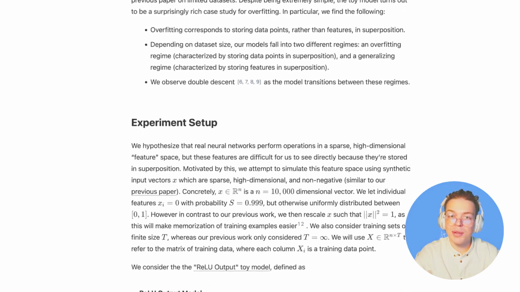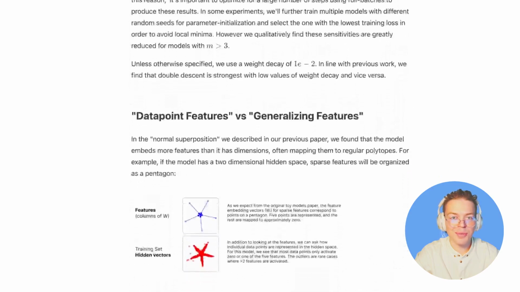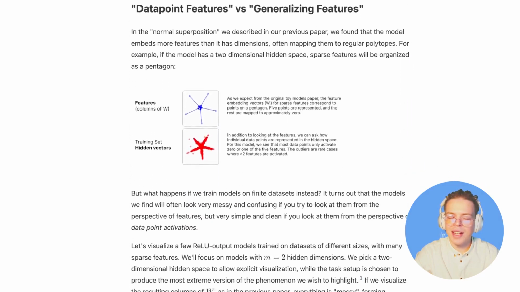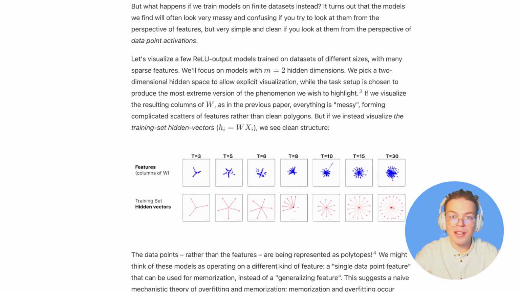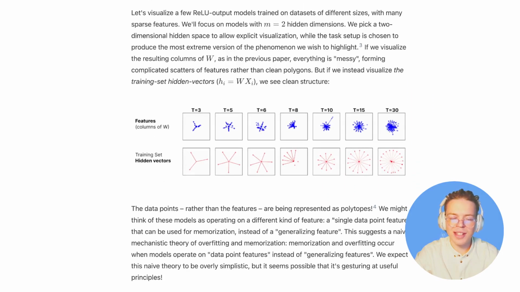In their experiment, they use a very simple model, a so-called toy model, that is useful when studying these isolated phenomena in detail. In some of the visualizations, they train it on 2D data with T training examples, and as seen here, or in the newsletter, the feature activations, which are blue, look very messy, while the activations to the data points in red look very clean. And this is because there's so little data.